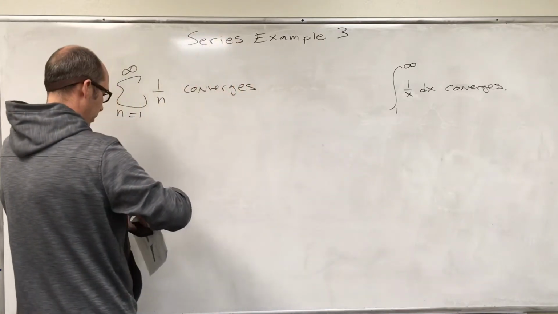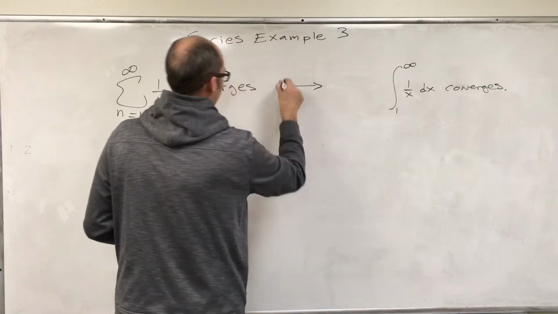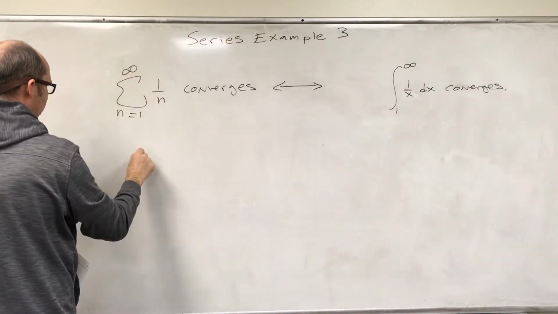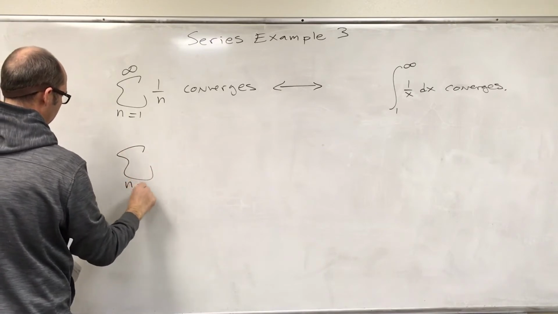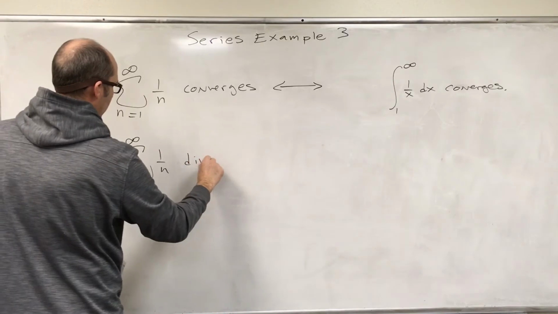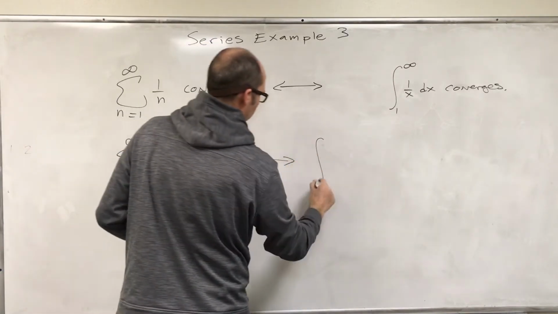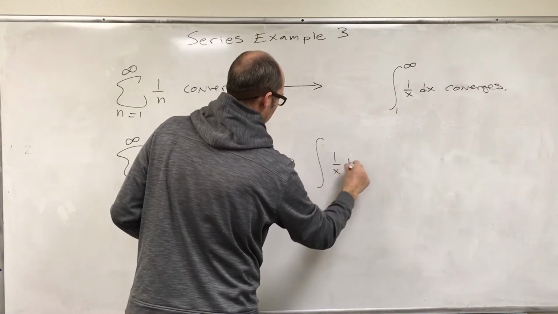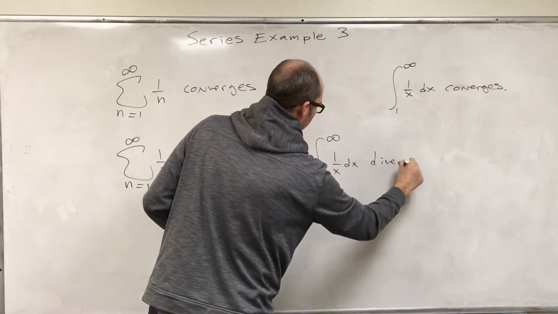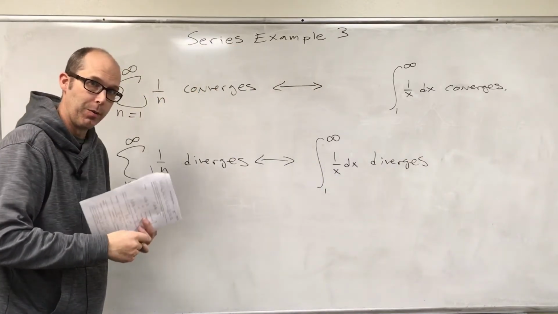if this is true, then that's true, and if that's true, then this is true. Then by the contrapositive, diverges if and only if diverges. Now, if you're not taking discrete math, or you're not going to take discrete math, you don't understand what